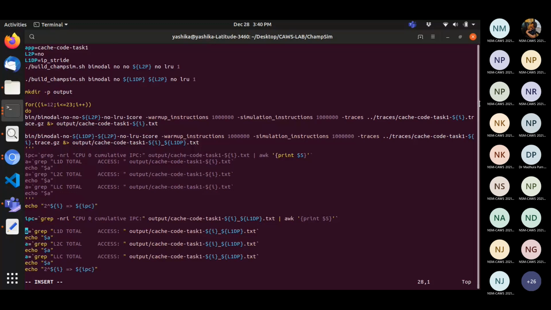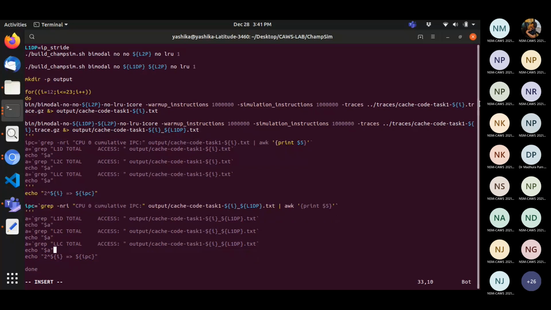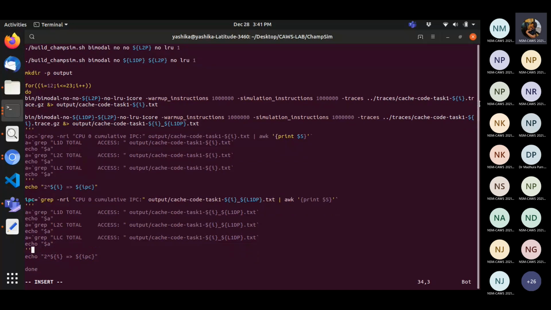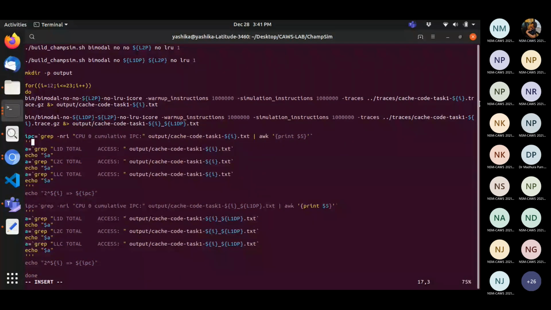No, not the rate, sir. IPC has increased. It followed a decline till 2 to the power 22, but when I gave 2 power 23, it has increased. Is it expected, or maybe I've made a mistake? What's the difference in IPC? At 2 power 22 it was 0.07, and at 2 power 23 it was 0.299.